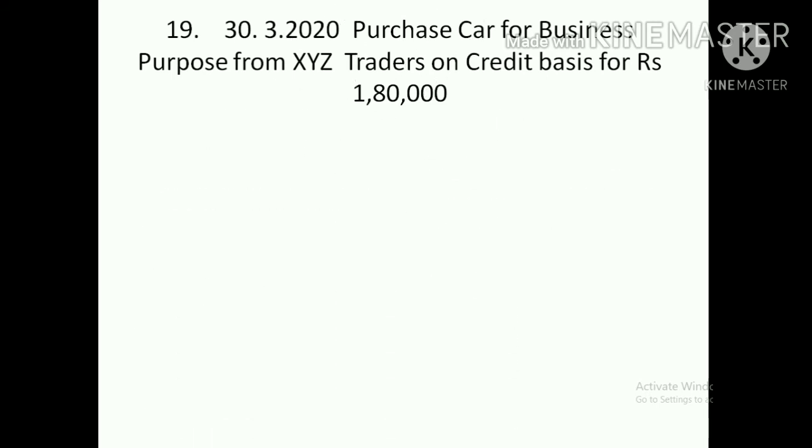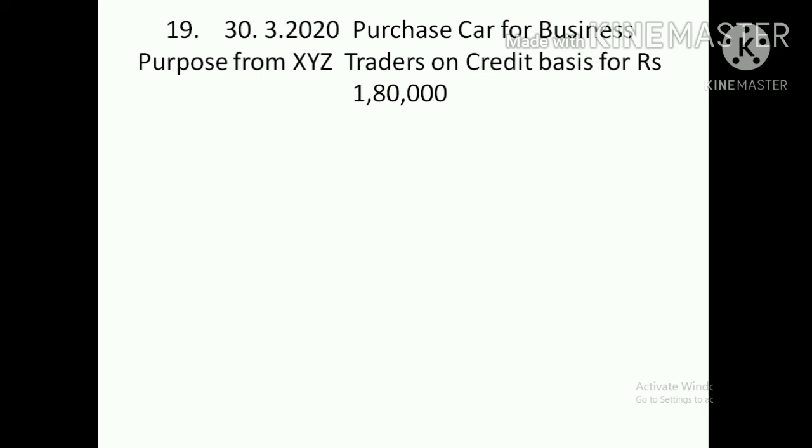Next one, I have one example, because so many students get confused. That is, if the asset is purchased by payment of cash, we will go for what? Payment voucher. If the asset is purchased in the form of cash, that entry will be passed in the form of payment voucher. Then if the question arises, if the asset is purchased on a credit basis, then which voucher needs to be